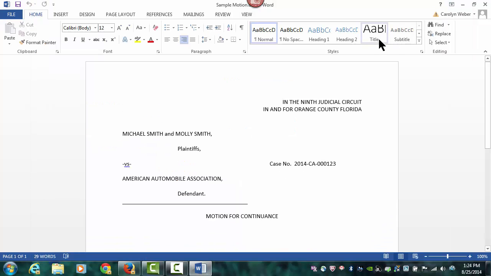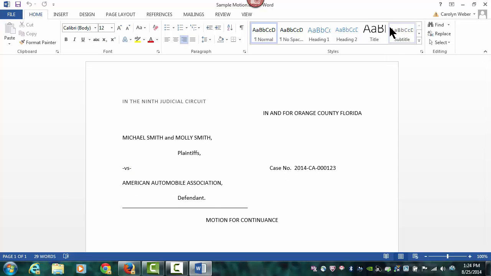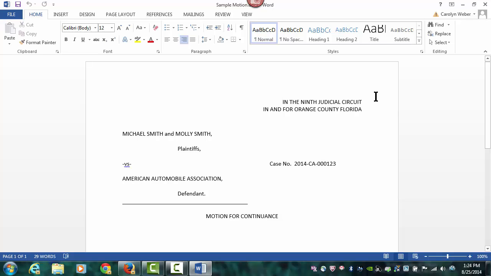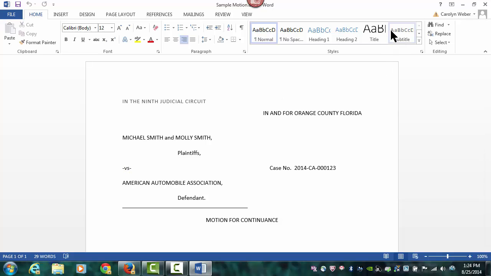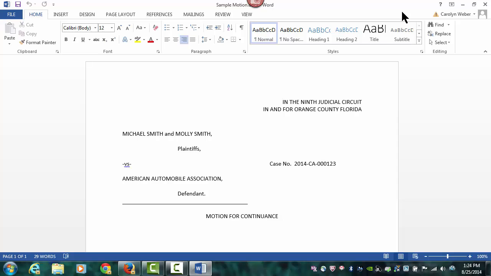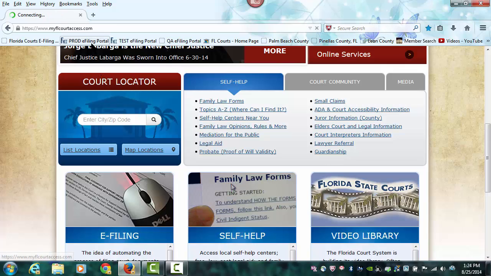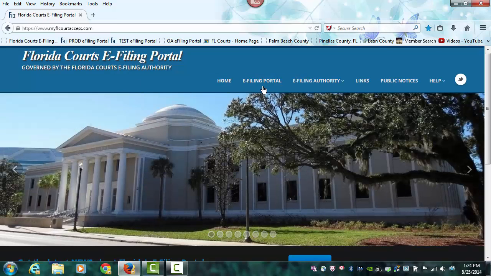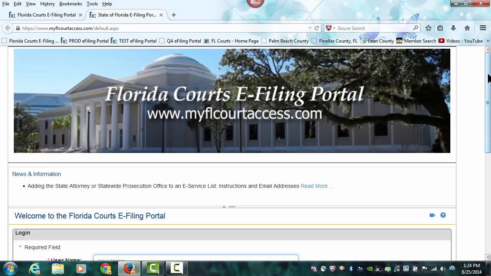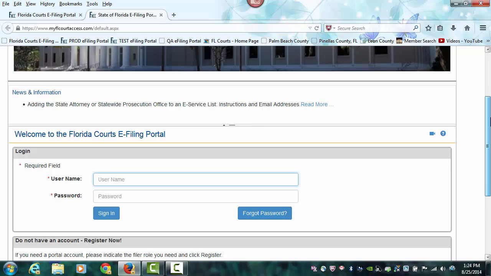So once you have computer generated, if possible, all of your documents, by either using the free text or by using a form, you would save those documents to a place on your computer where you know they are located, they're in their final version, and they're ready to be filed. Then you would go to the Florida Courts webpage and use your username and password that you have already created to submit your